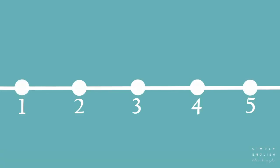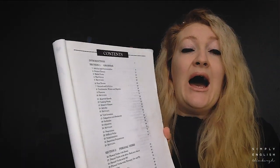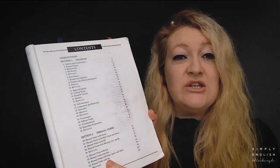First of all, it is divided into 5 clear sections, starting off with grammar. Now, why I love this grammar section in particular is because I find for many students at this level, they're still struggling with prepositions, perhaps with articles as well, depending on what their first language is. And when you look for these type of exercises as a teacher, you find that they're kind of more aimed at intermediate levels. But the truth is that students preparing for proficiency and high-level IELTS scores are still finding difficulty